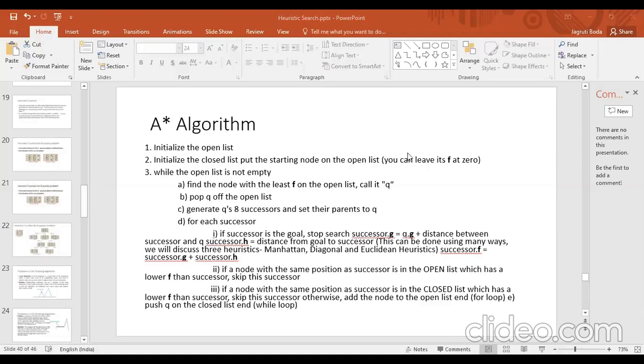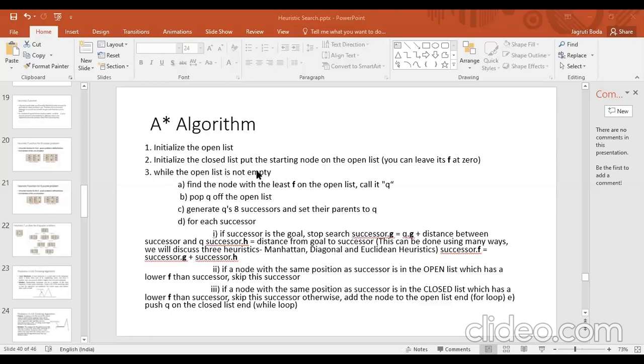First of all, start with the initial or root node. You have to put your root node in the open list, right? Then initialize the closed list, put the starting node on the open list. Means अभी क्या करना है कि रूट नोड आपने ओपन लिस्ट में रखा, उसके सक्सेसर है उसको आपको एक्सपांड करना है, राइट? अभी कैलकुलेट करना है फंक्शन, that is f of n is equal to g of n plus h of n. Then we continue with step number 3.